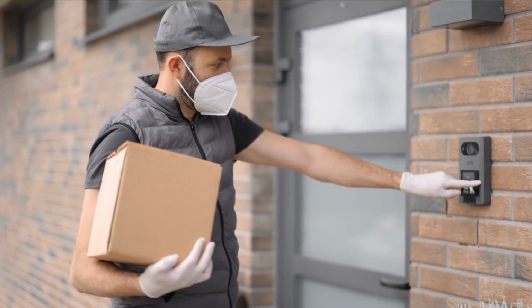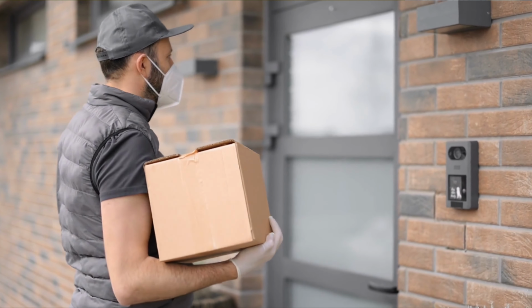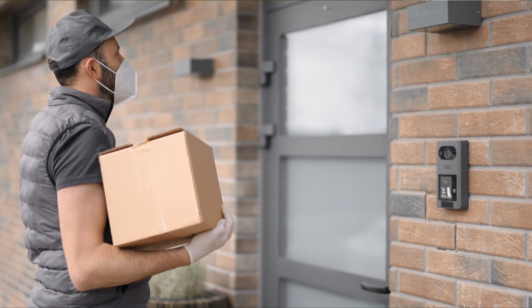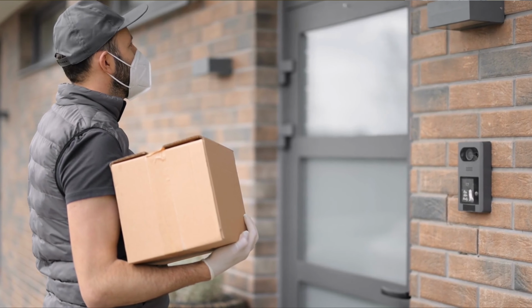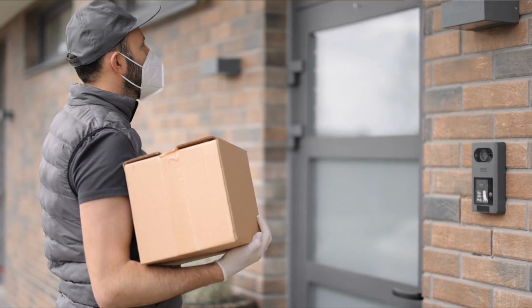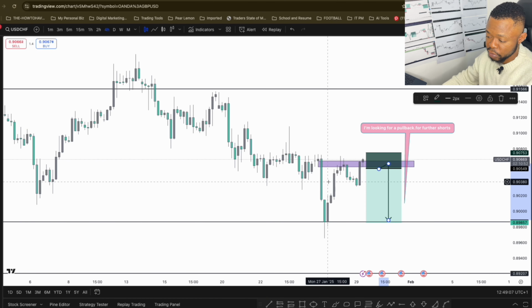Or maybe I'm trying to buy something from Amazon. So I'm buying maybe a tripod, and the exchange between me and Amazon is called trading. I'm giving Amazon my money, and Amazon is saving me time and giving me the goods I intend to buy. That's what trading refers to.